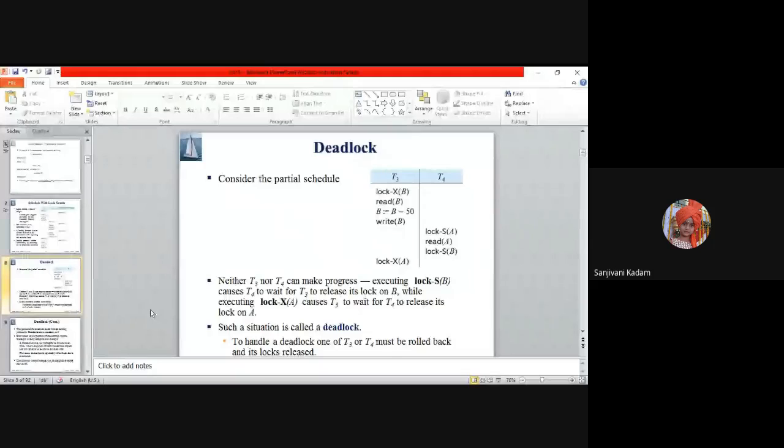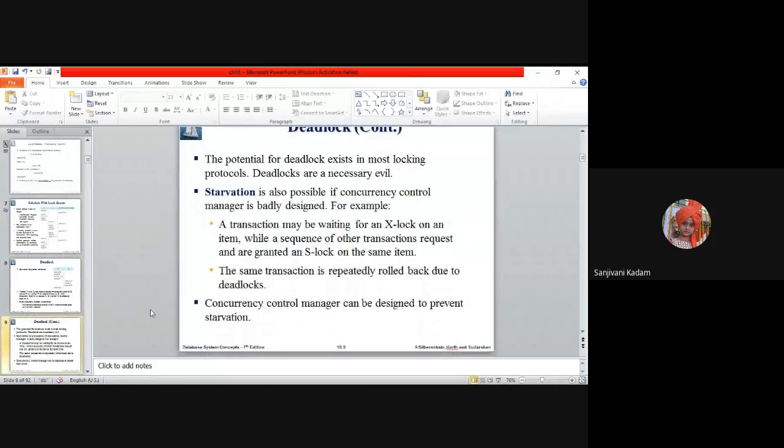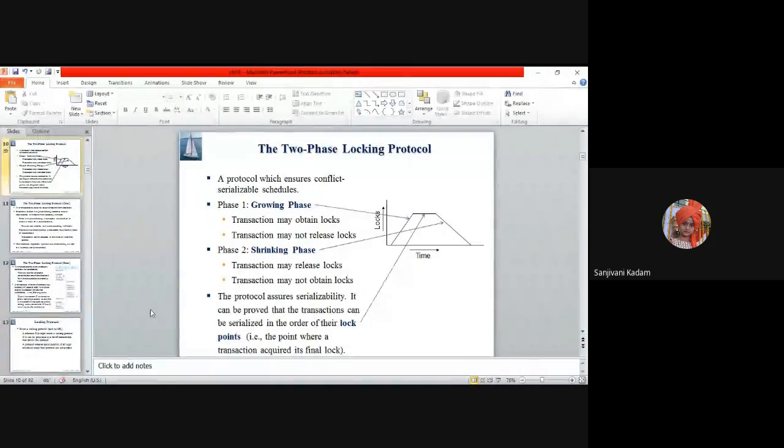Strict two-phase locking says that all the exclusive locks should be held up to the commit. Rigorous two-phase locking says that all the locks need to be held by a transaction up to the commit or abort statement.